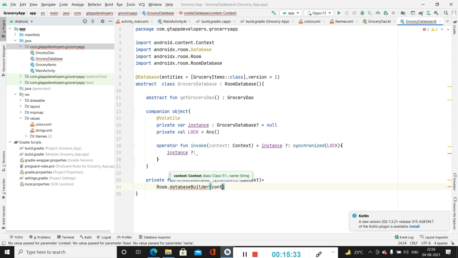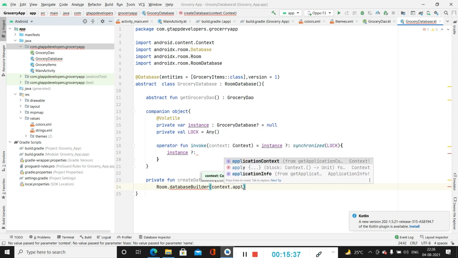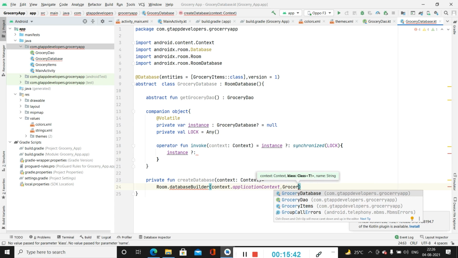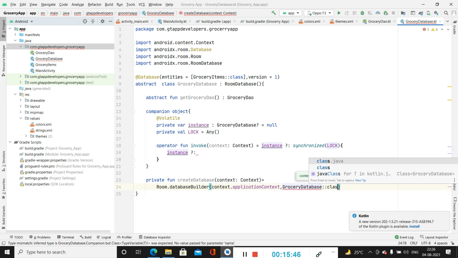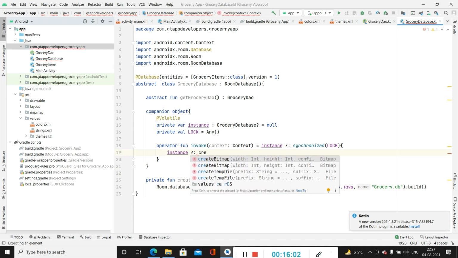Inside this we will be passing our context.applicationContext, GroceryDatabase::class.java. Now after that we will be specifying our database name, that is db name, that is grocery.db, and at last we will be calling .build to build this database. Now here we will be calling this method, that is create database.